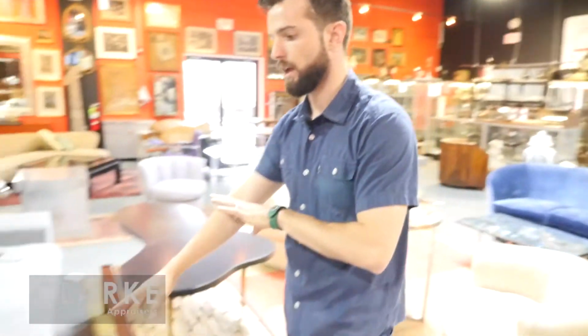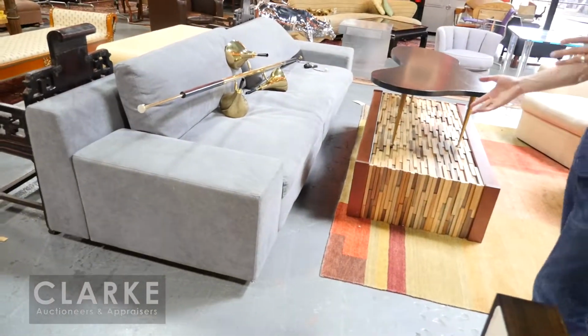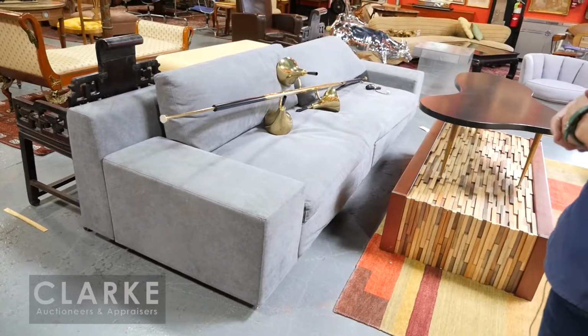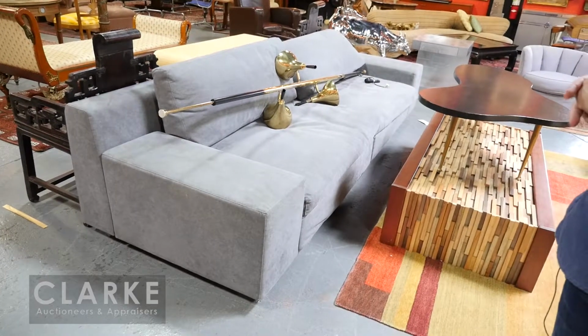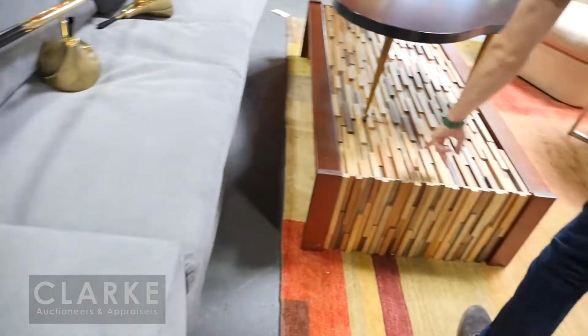So we also have more contemporary Italian. We have a recently added Casina sofa with an ottoman that just came in. Really nice. It has that B&B Italia look. It is marked Casina, so it is direct from the manufacturer. Really nice. Came from a Greenwich estate. We have Brazilian Percival Lafer,